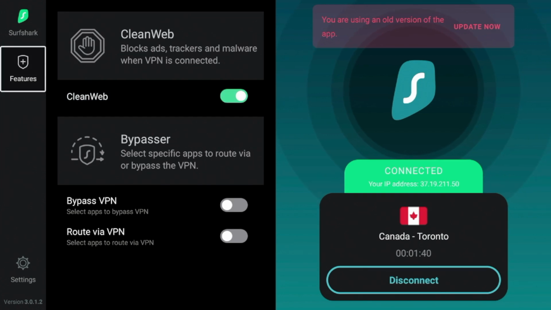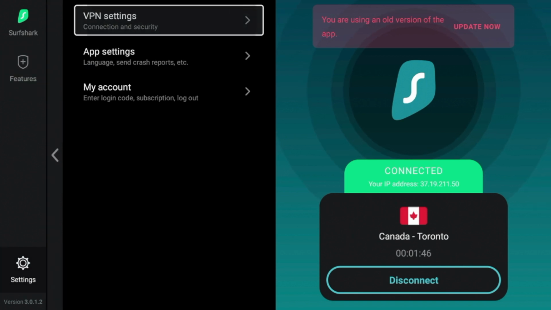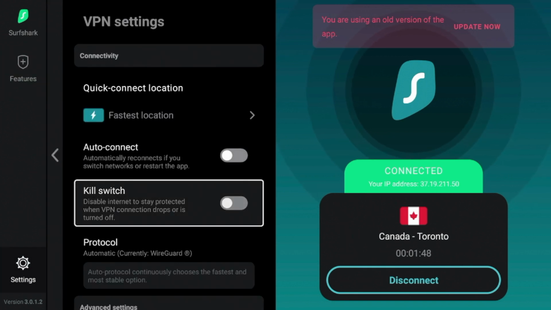All right, guys, so a third VPN tip, if you're following along still here, is I'm going to click Settings, click VPN Settings, is the ability to add a kill switch on the Fire Stick or Android TV devices. So if I click kill switch and enable it, this will simply disable my connection to the internet if my VPN connection cuts out. So as it says here, disable internet to stay protected when VPN connection drops or is